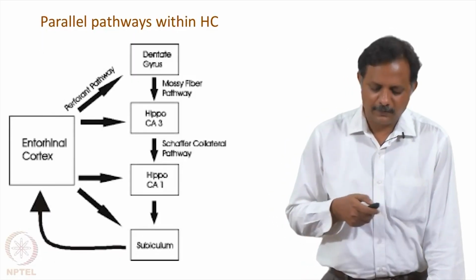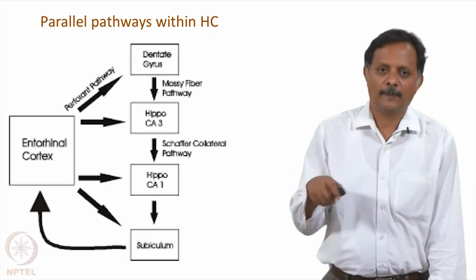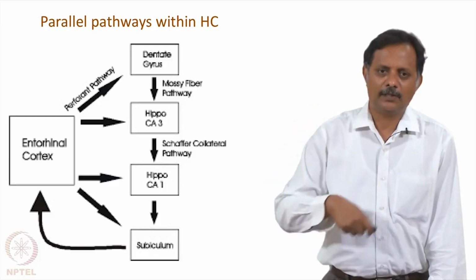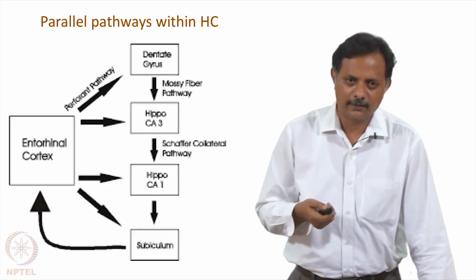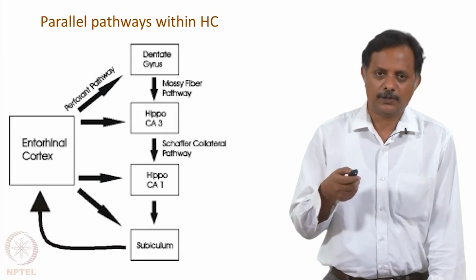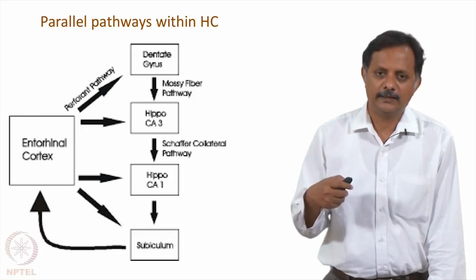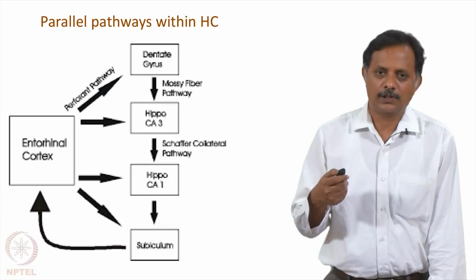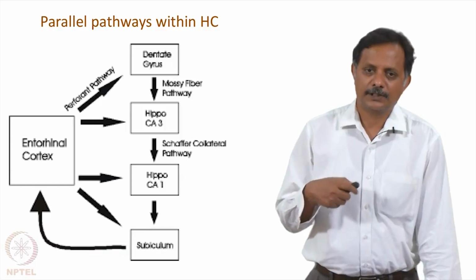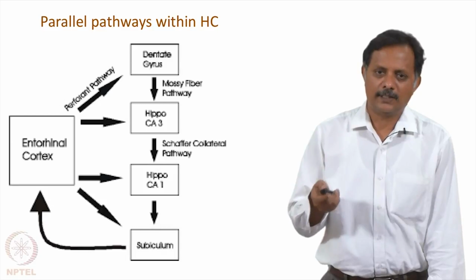So, if you look at some of the pathways within hippocampus, just a moment ago we described the connections within hippocampus as a simple loop from entorhinal cortex going via all the hippocampal fields and returning back to entorhinal cortex, but actually there are more connections than that. See, for example, the entorhinal cortex projecting directly to dentate gyrus, this projection is named the perforant pathway. Then the dentate gyrus projecting to CA3, this projection is called the mossy fiber pathway. Then CA3 to CA1, this projection is called the Schaffer collaterals, and there is also a direct connection from entorhinal cortex to CA1, this is called the